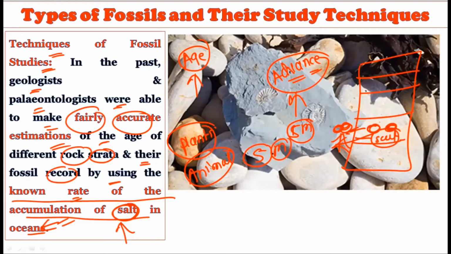Okay, so this is how the age of the earlier fossils was calculated by the geologists or the paleontologists. Now today we have advanced techniques, but what was the earlier technique? They were comparing the known rate of the accumulation of salt in the ocean with that of the strata's salt. Okay, and due to this comparison, they could estimate how old this particular strata is, and from that strata they would proportionally calculate how much age this particular fossil has. Okay, so this is the ancient technique, used by many scientists to calculate the age of the fossil.